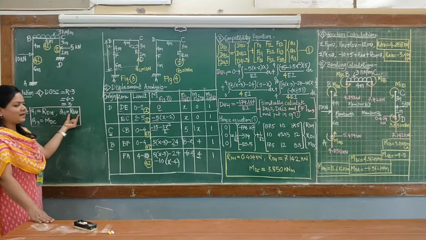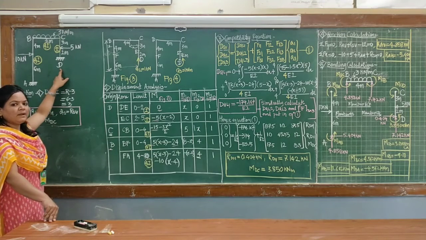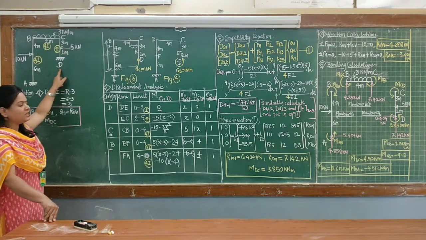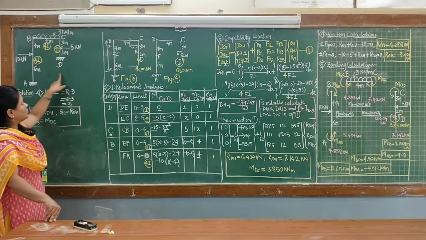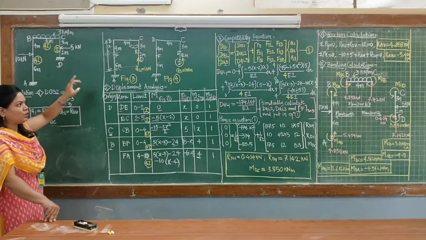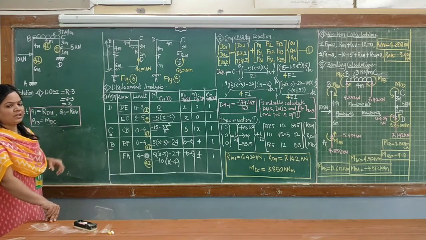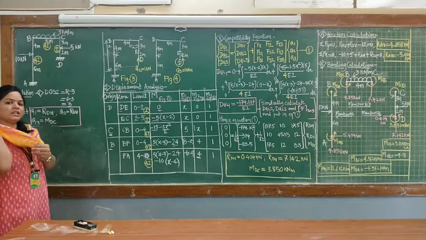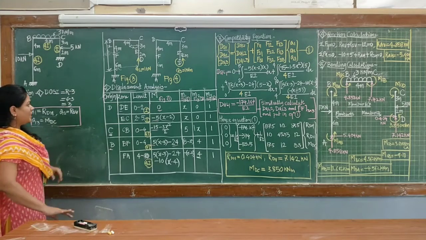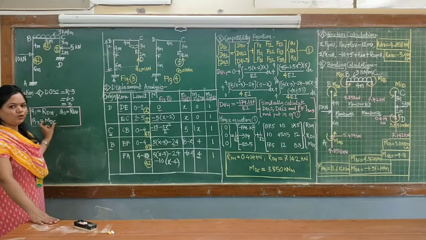dq2 means the displacement corresponding to the second unknown. The second unknown is RdV, the vertical reaction at support D. So the displacement corresponding to this vertical reaction is vertical translation. In the original figure vertical translation is not given, therefore the dq2 element is 0, that is written there. And dq3, the last element of the dq matrix. That element is the displacement corresponding to the third unknown q3.